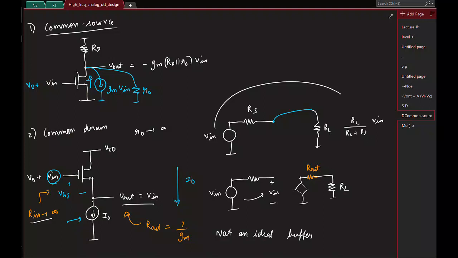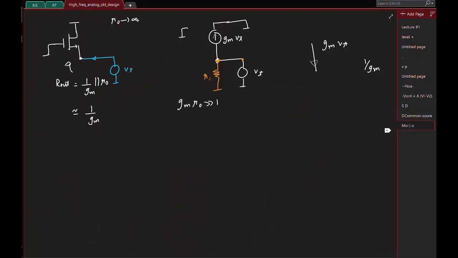Because the drain terminal is basically not doing anything here. Now, please remember that the impedance looking into the source is not always 1 by Gm. It basically depends on the resistor you have at the